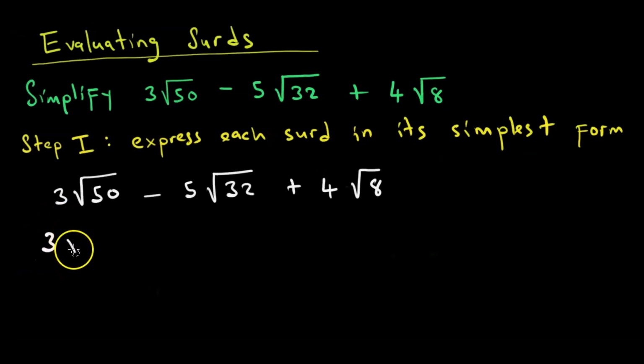We start with 3 the square root of 50. Instead of writing 50, we say 25 times 2. Why 25 times 2? Because 25 is a perfect square. 5 times 5 is equal to 25. The square root of 25 is equal to 5. So because of that, 25 times 2 is befitting to replace 50, since it can be simplified further when it comes to simplifying it into a simpler surd form.